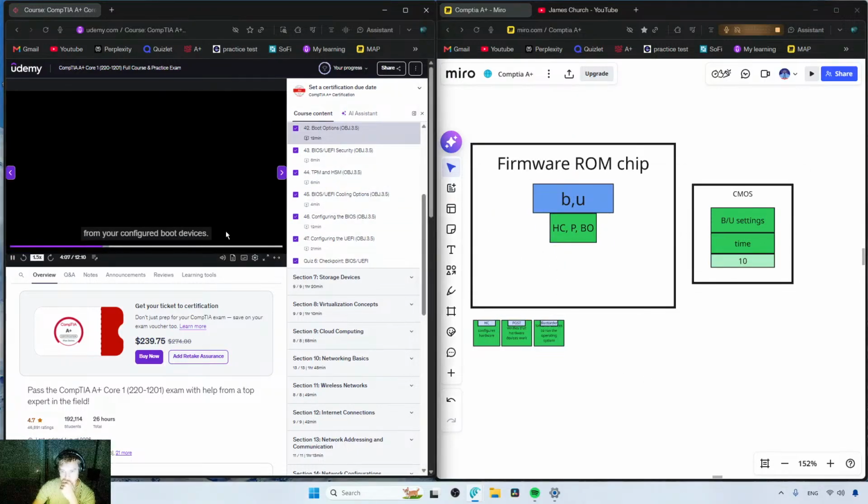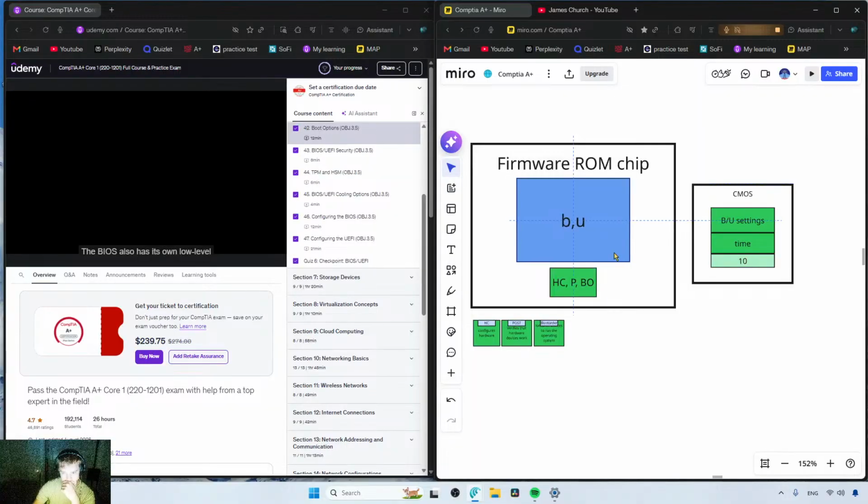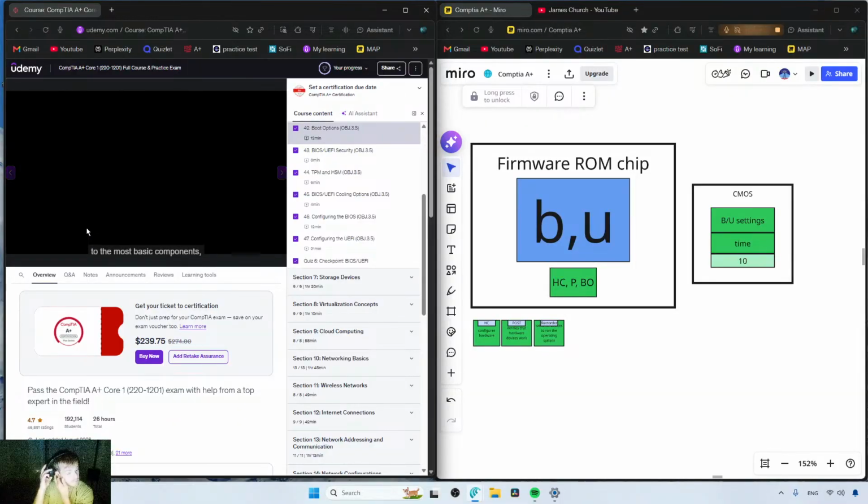The BIOS also has its own low-level operating system of sorts for that computer, which allows it to take input and give output to the most basic components, including your keyboard, your disk drives, and the video display. Using its low-level ability to read from the storage device, the BIOS will then try to find your installed operating system, something like Windows or Linux or Mac OS, and then the operating system's bootloader is going to begin the operating system boot up